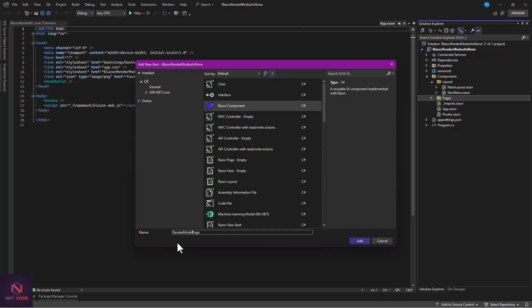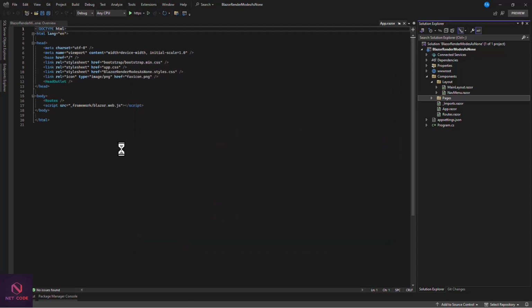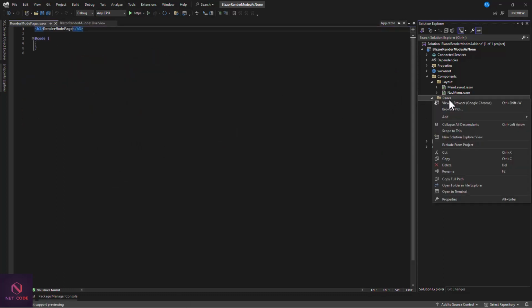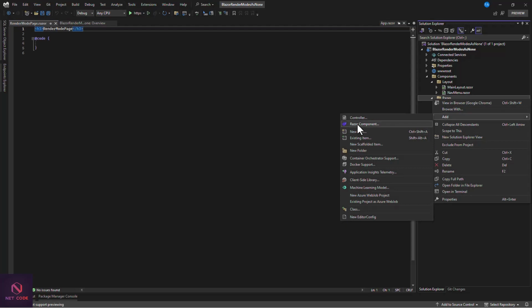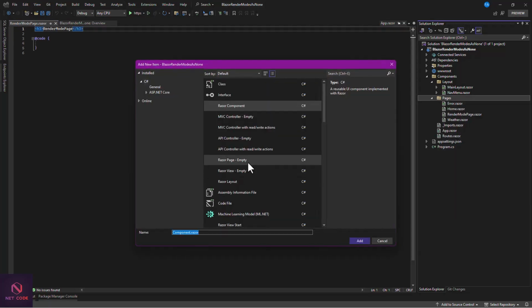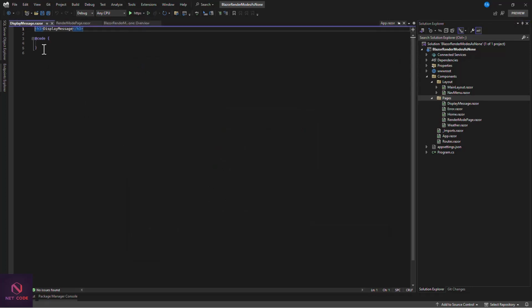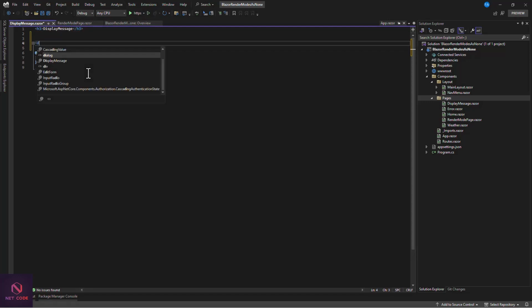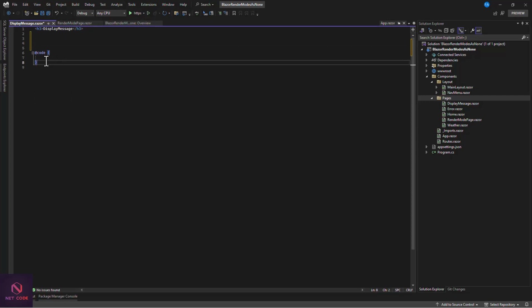Okay, so we have this render mode page, and we're going to create another one, and this time around it's going to be a component. So here let's say display message, because you want to have a button and you wire this button to an event, right? So let's have this div, or there's no need even. Let's have, come to this time round, and now in here you want to have,